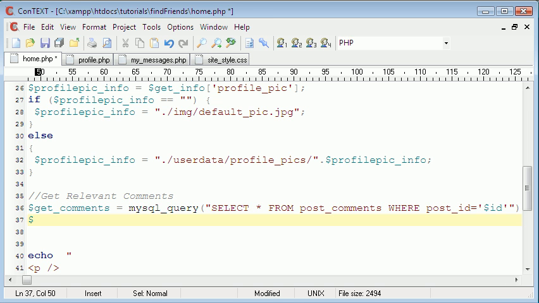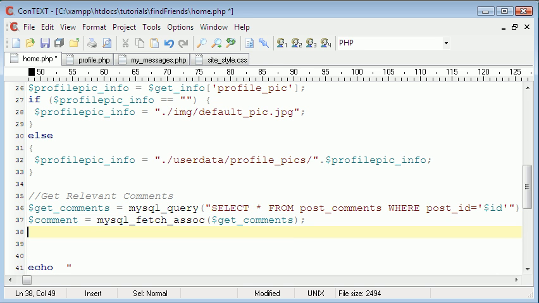Then we say, we could just say comment equals mysql_fetch_assoc, get comments, and then all we have to say is